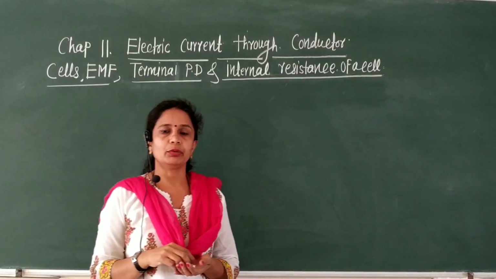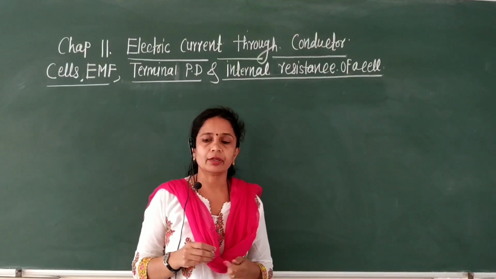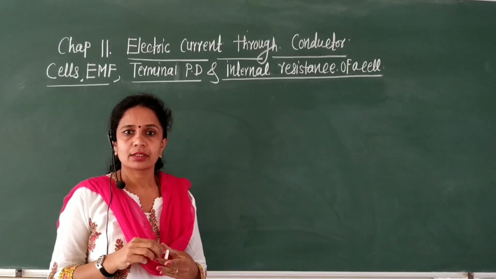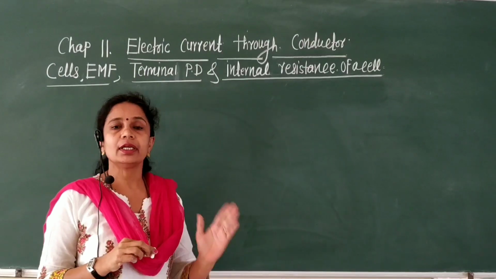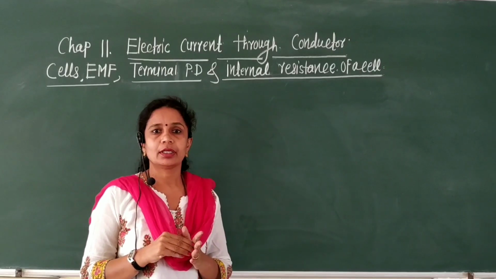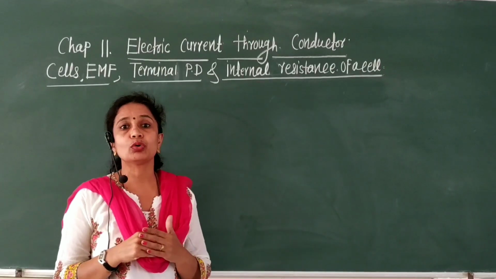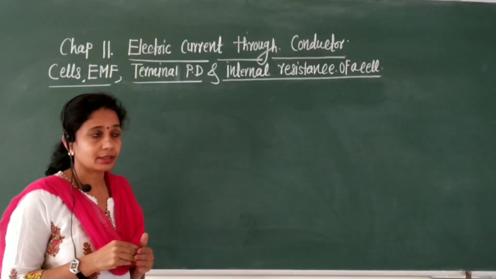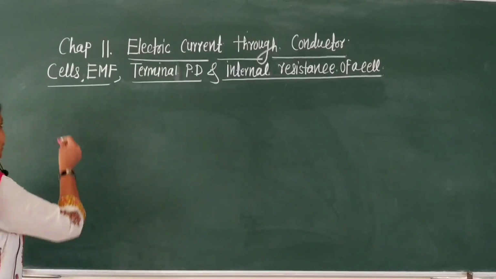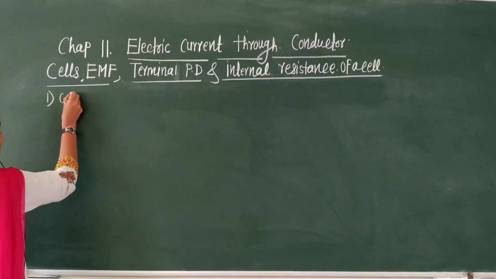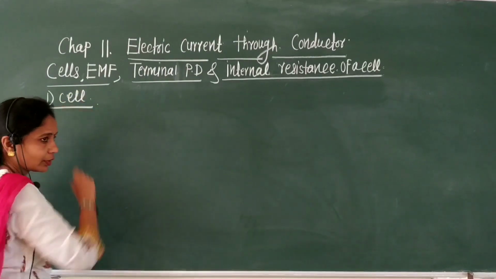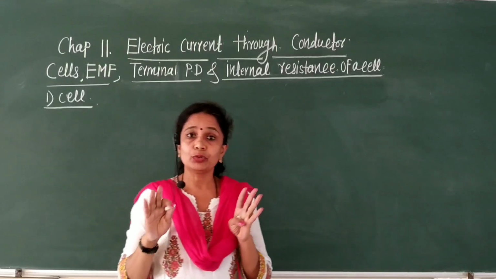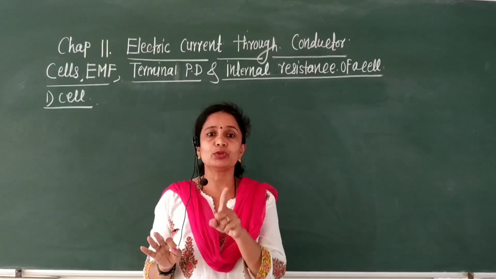Good morning, everybody. Here we have to explain some terms related to the electric current through a conductor. The first term is cell. Then what do you mean by cell? You must have used this cell